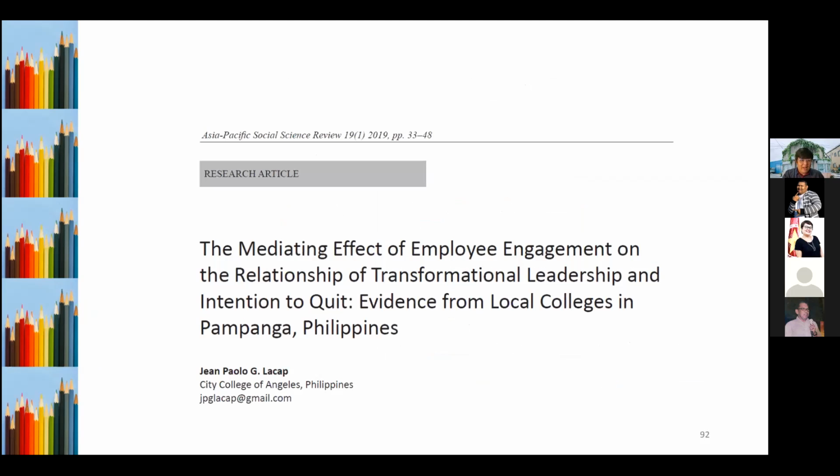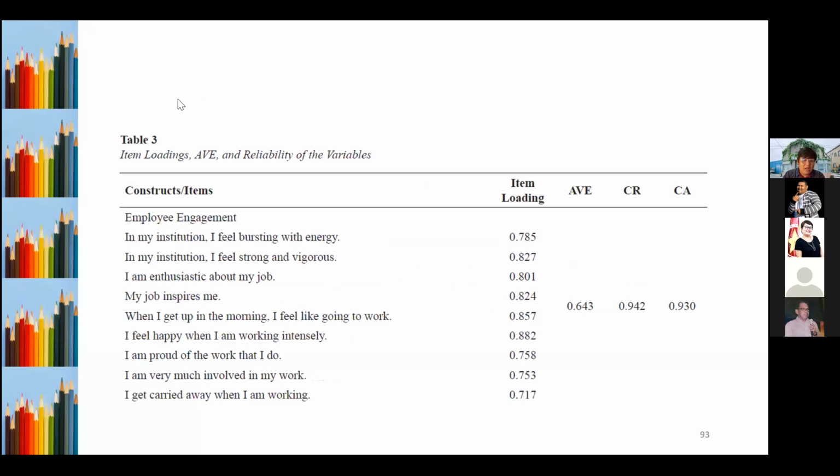So let's have an example. So let's say this one. Ito yung pinakita ko din yesterday. This is a published paper from Asia Pacific Social Science Review. Kapag tinignan natin yung paper na to, okay, gumamit siya ng reflective construct. Okay, so ito yung traditional construct na meron tayo. It is characterized by highly correlated items. Okay, and if you will be looking, meron siya ditong table in screenshot ko. So dito sa table na to, meron siyang item loading, meron siyang average variance extracted, meron siyang composite reliability, at meron siyang